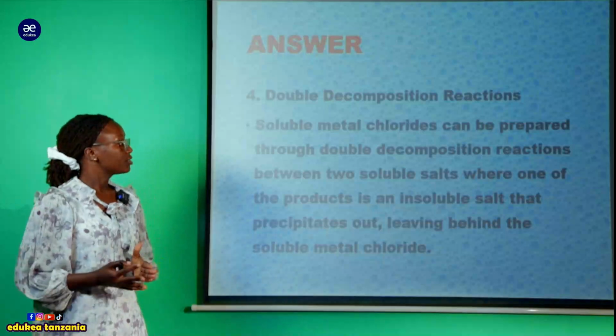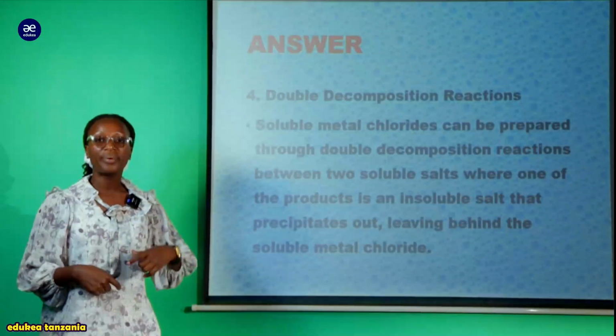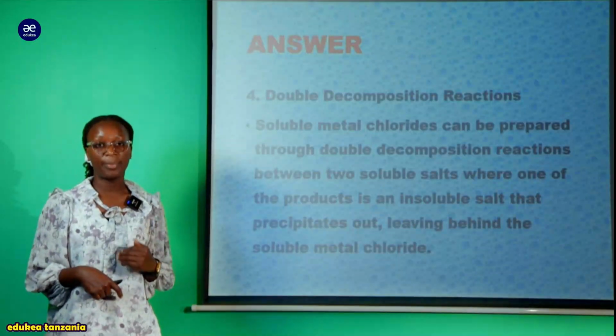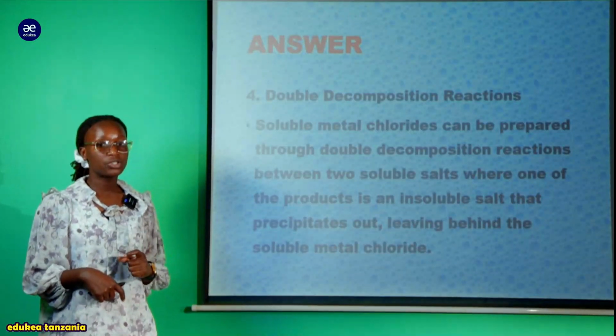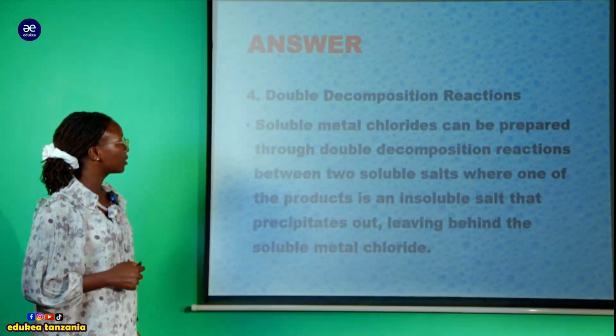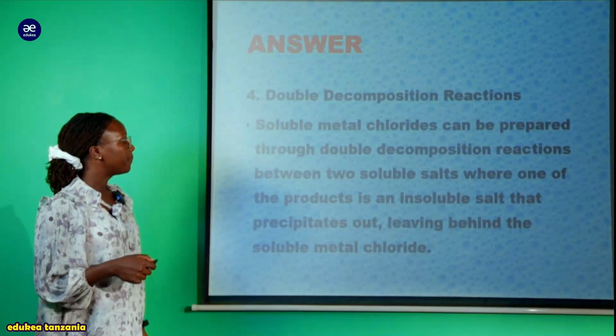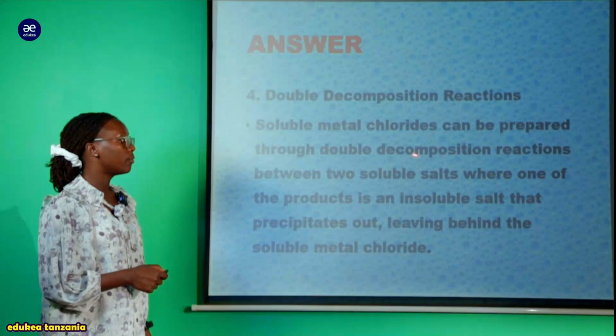So here you can see that through the double decomposition reaction we are able to prepare those metal chloride compounds. For instance, the soluble metal chlorides can be prepared through double decomposition